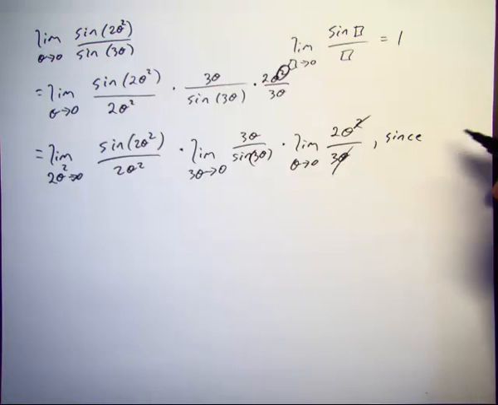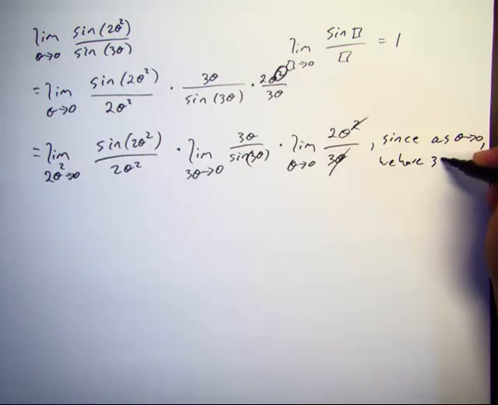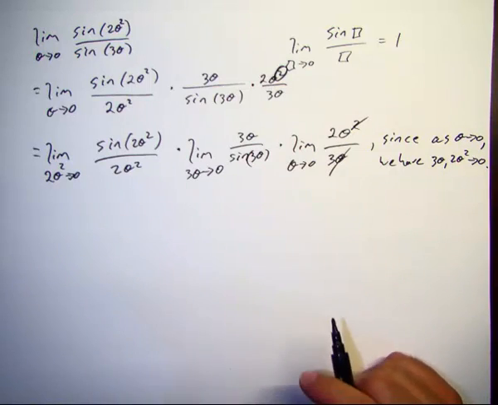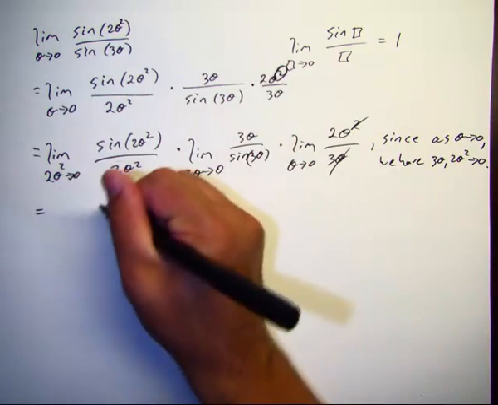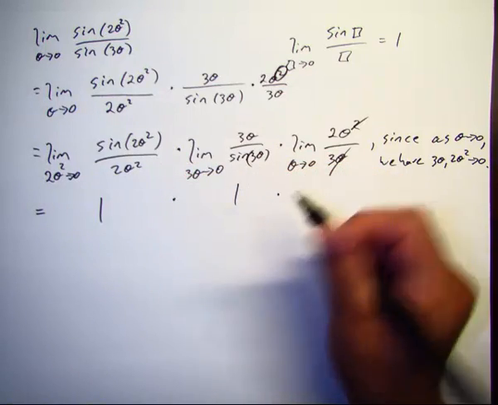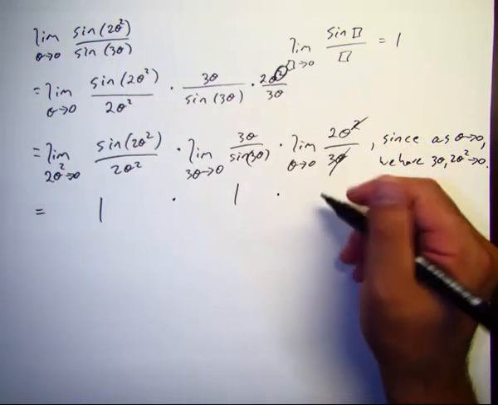We might want to say, we don't really have to, but if we were going to be completely precise about absolutely everything, then we can say over here, since as theta goes to 0, we have 3 theta and 2 theta squared also going to 0. At this point, this is completely faultless, and this first limit is equal to 1, second limit is equal to 1. The ones that take a long time to write give us the simple bits,